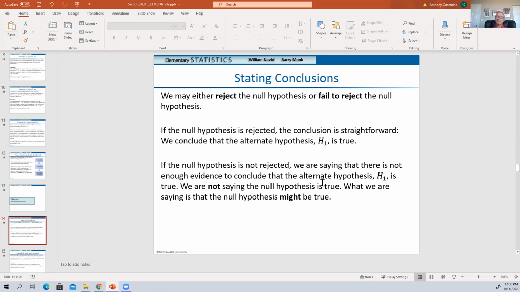That doesn't mean that it is true, and it doesn't mean the alternative hypothesis is false. It means that the test that you ran gives you an inconclusive result, which is different. And so what you would want to do is get more data, right, to be able to run the test again